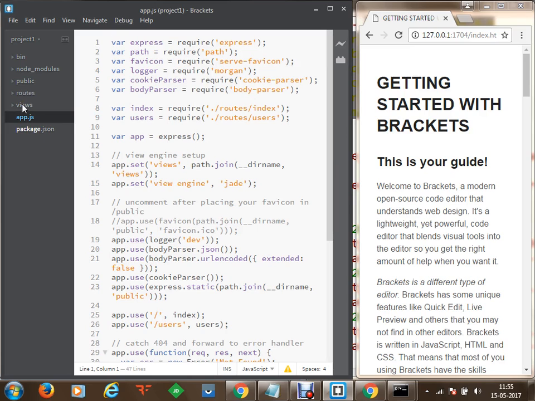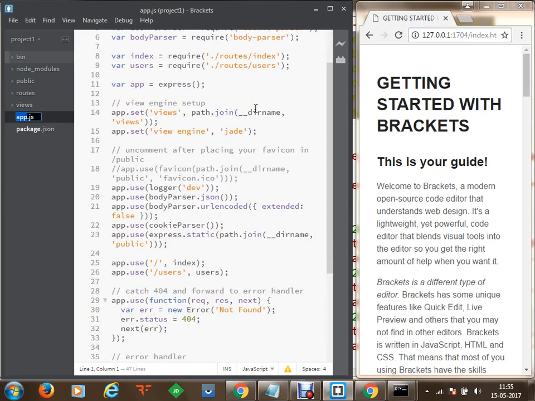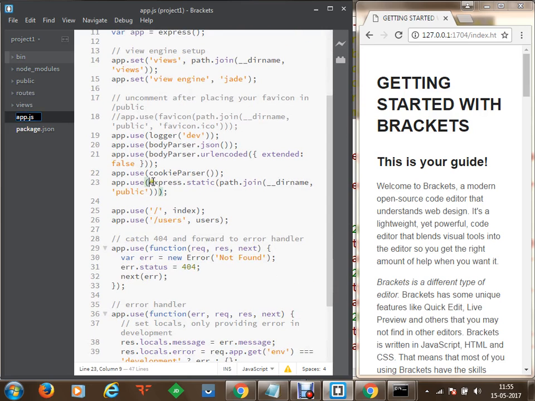Now what next we have is, you can see that this app.js defines that the application is using an express static path, and this static path points to a public directory. This specifies that all the public contents which you want to host should be available in your public directory, and all the requests received by the Node server will look into your public directory for the resources.